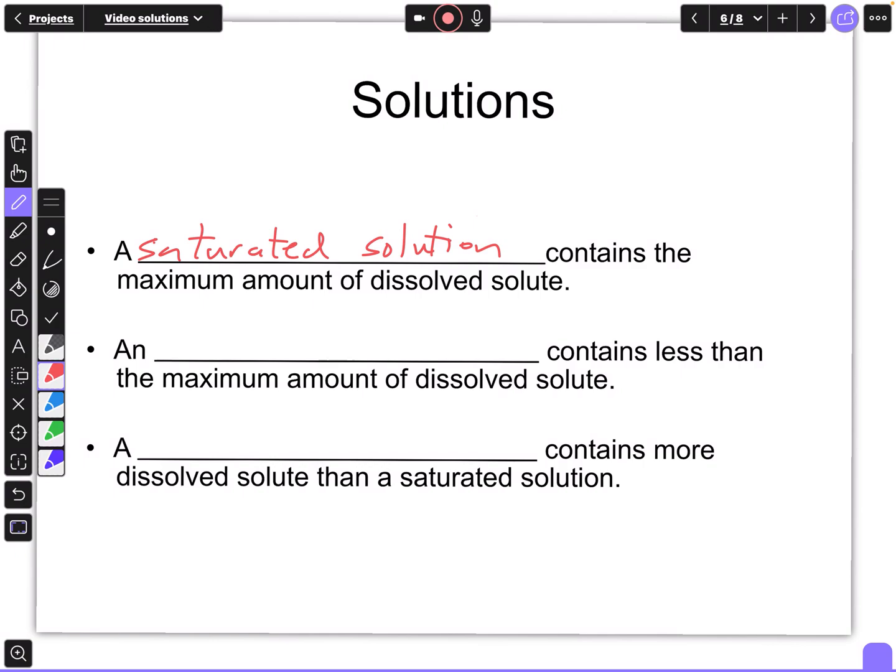Now, an unsaturated solution contains less than the maximum amount of dissolved solid. So if you have salt water and you could still add more salt and it would dissolve, that is an unsaturated solution. And then last we have a supersaturated